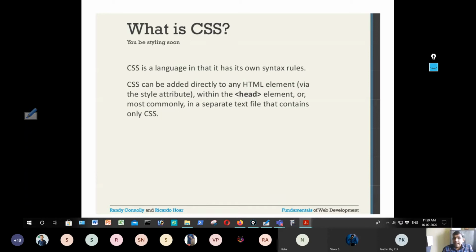So in HTML we should have an opening tag and a closing tag. We have a syntax for how the opening tag is defined and how the closing tag is defined, and for every tag there can be one or more attributes and values. We give the attribute name equal to value. So there was some structure, some syntax to the HTML markup language. Similarly, CSS has its own syntax rules, which is the topic that we will be discussing here.